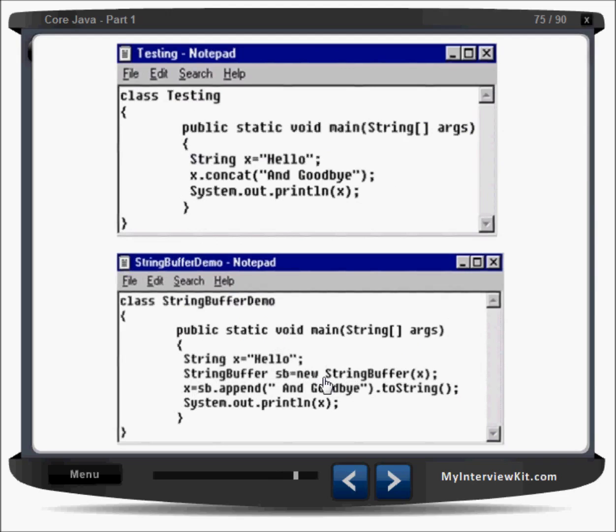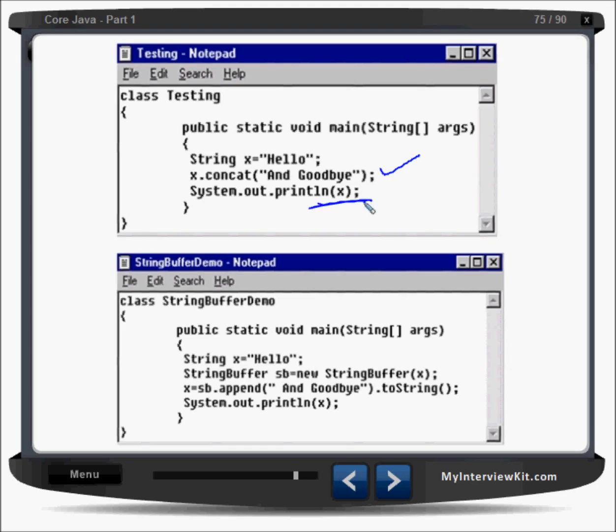Look at this code here. String x equal to hello, x.concat("goodbye"). So if I print x, what will the value be? You might be thinking hello and goodbye, right?